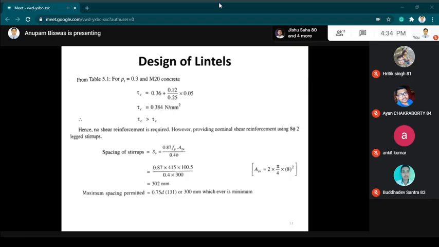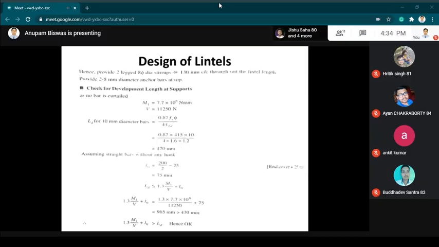And for maximum spacing permitted, we know that we have two conditions. So providing two-legged 8 mm stirrups at 130 mm center to center distance throughout the